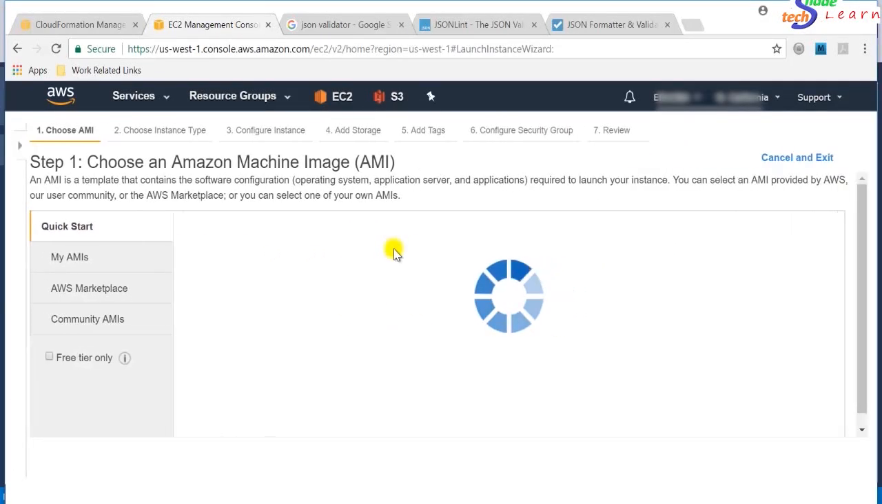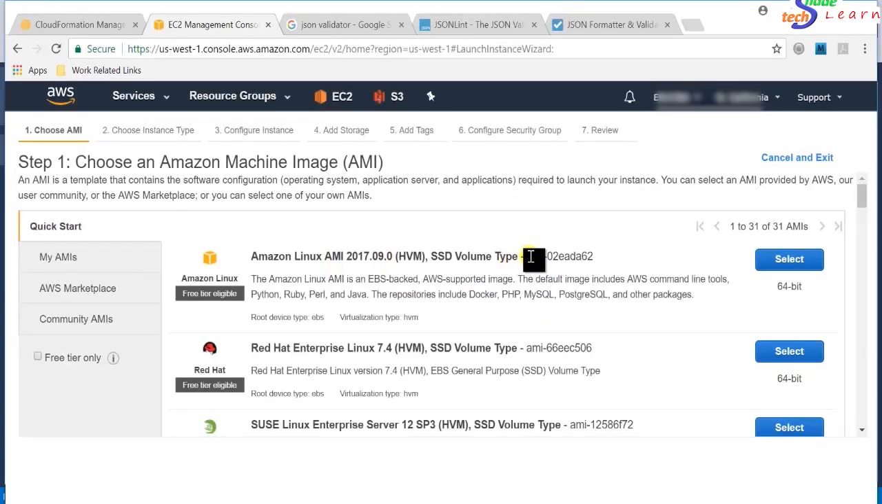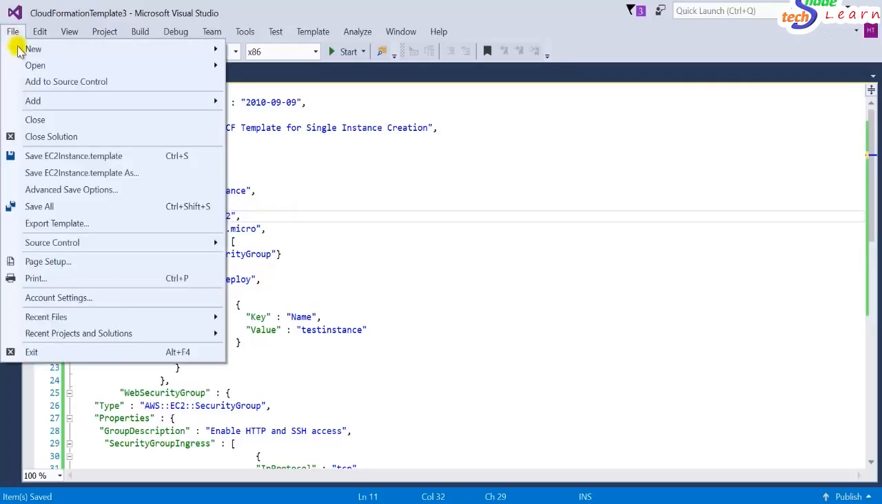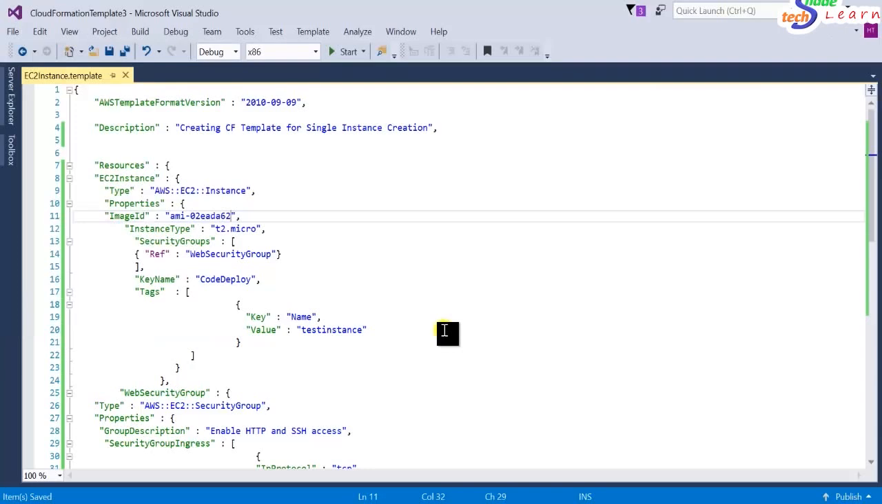I'll launch some instance. Okay, so this will take this one. Amazon Linux AMI. We'll get this one and again save it. Okay, let's again